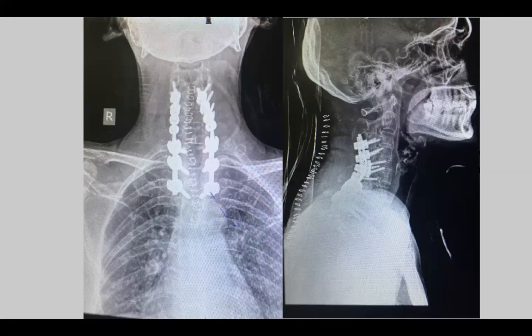So this was at the cervicothoracic junction, which is a very high stress area. I did a fixation